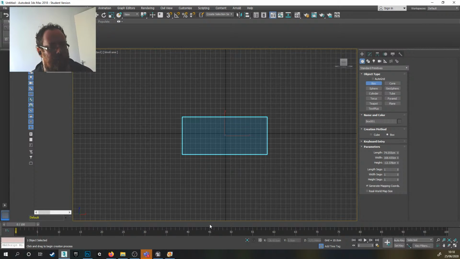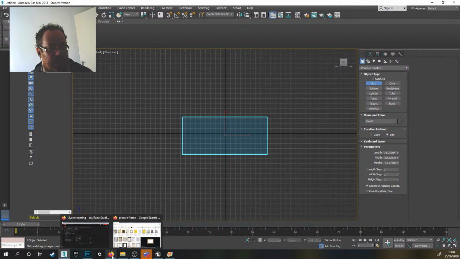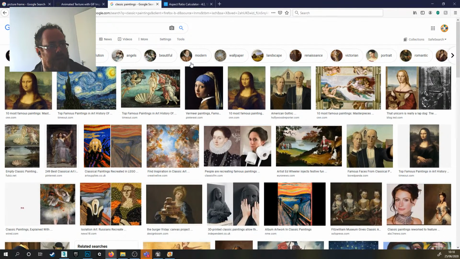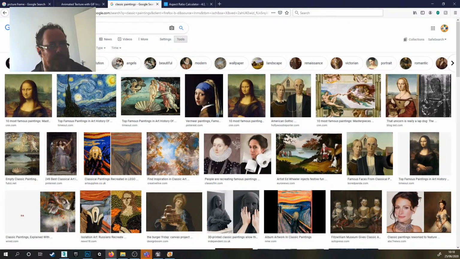I suppose what we should really do first, thinking about it, is find an actual image that we want first. So let's go to classic paintings, and I'll go to tools. So I've searched classic paintings,